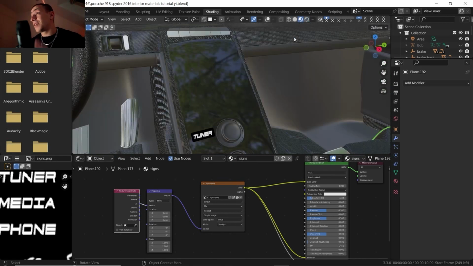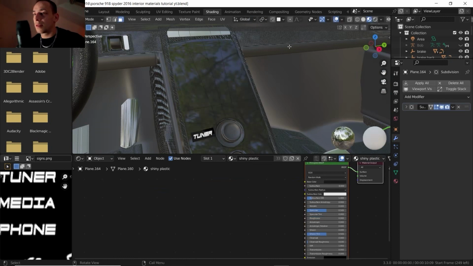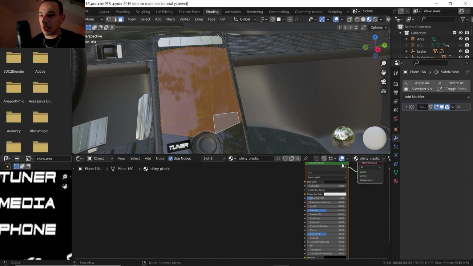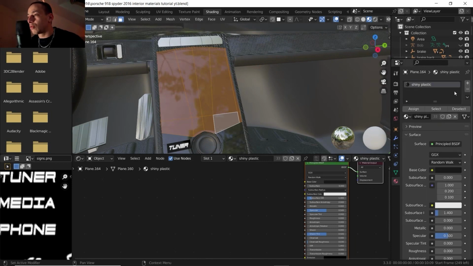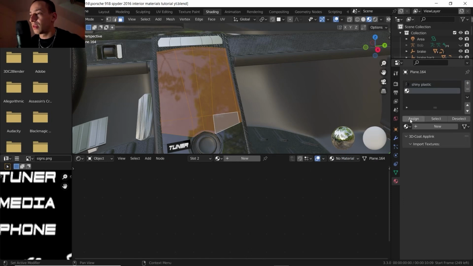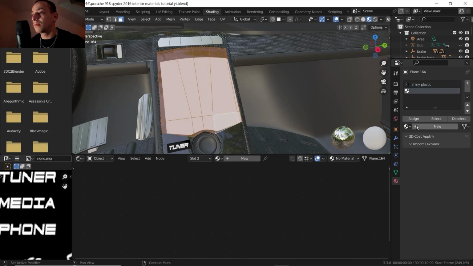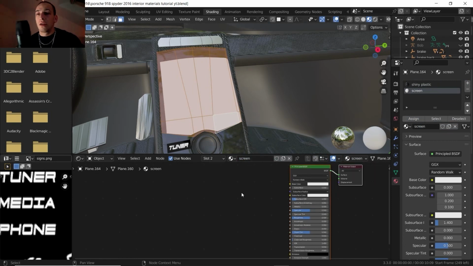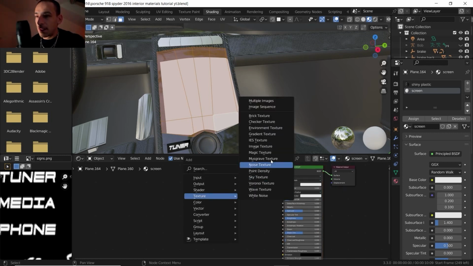And the last thing which I need to do is adding the infotainment screen. How I'm gonna do that is by selecting these polygons here. I'm gonna go to the materials, hit the plus sign here and hit assign for a new material, and that's gonna be screen. And now let's get an